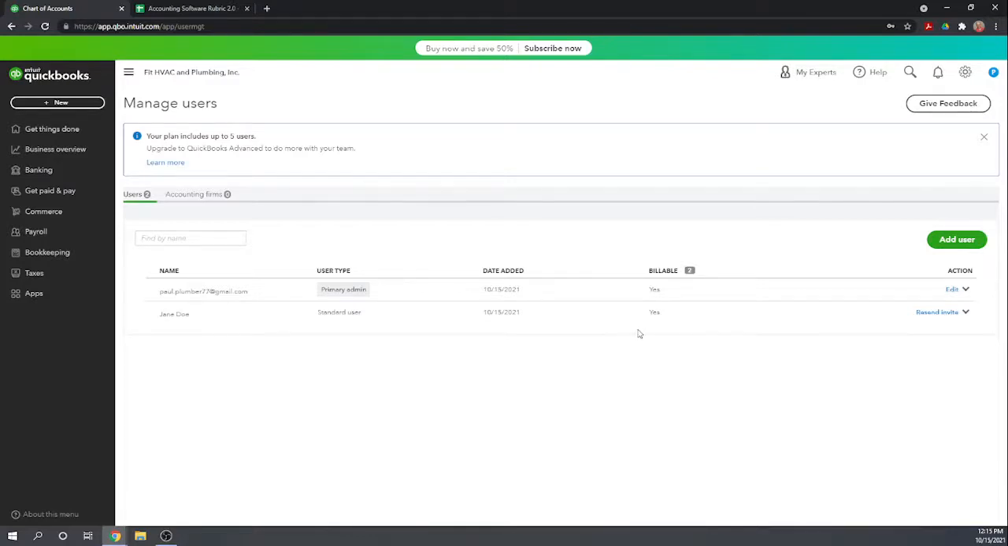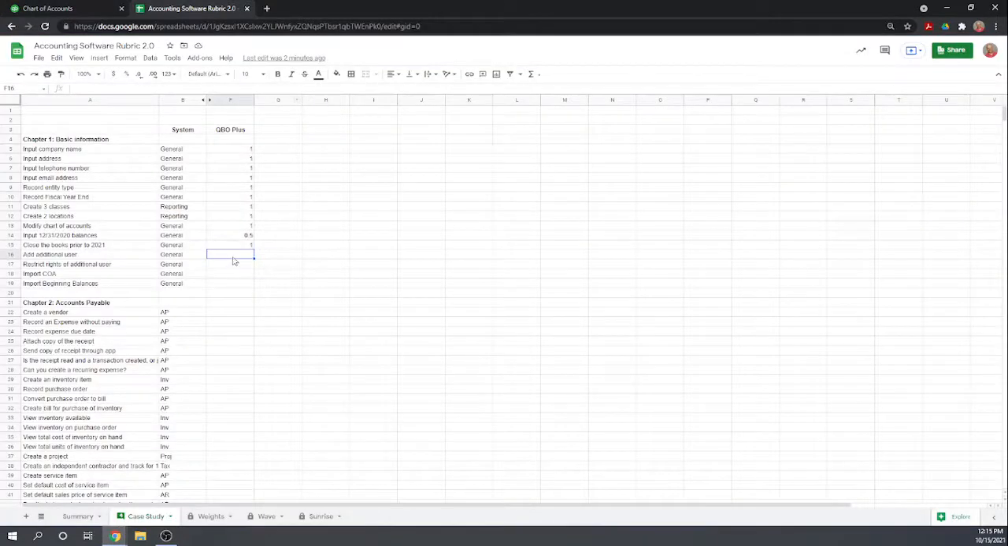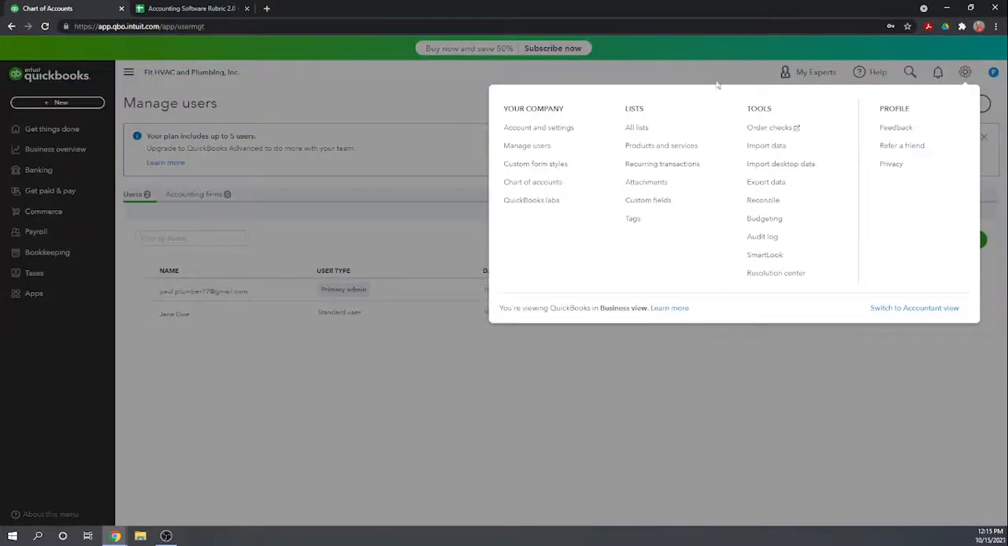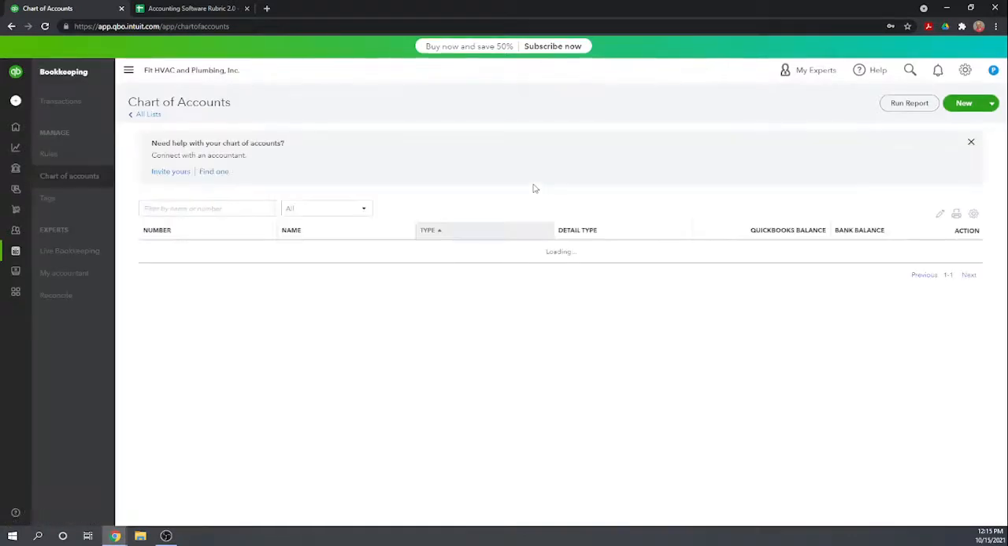We're able to add a user with no problem limiting their access. So let's go to our scorecard. We added an additional user, and we were able to restrict the rights of the additional user. Okay, couple other items it wants us to check for. Could we have imported our chart of accounts? So let's look there. If we go back to our chart of accounts, I think there is a way to import it. We can do New,